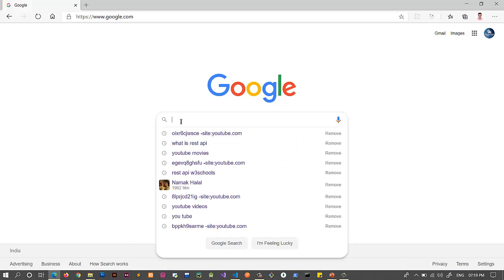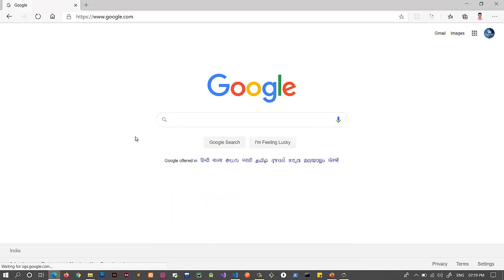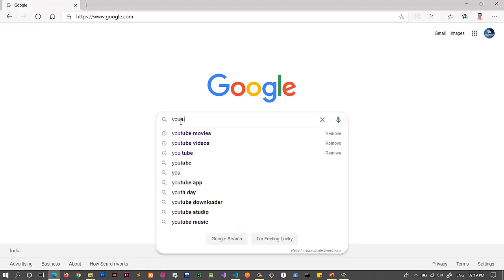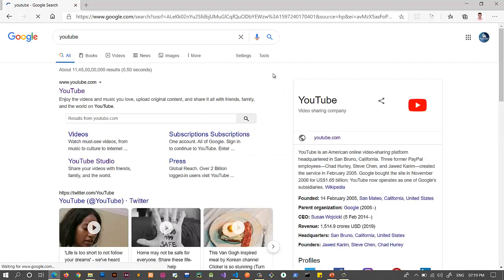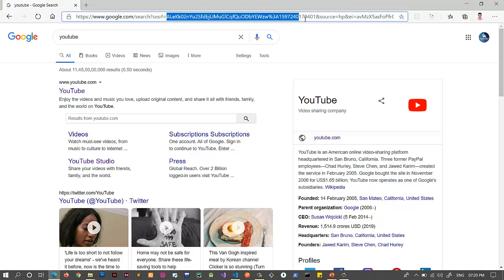Now what will we do here? Like I am searching YouTube. When I search YouTube here, see that my ID is logged in. Here is something, this is a GET request with some parameters. See, this is one parameter and this is its value, and this value is encrypted.